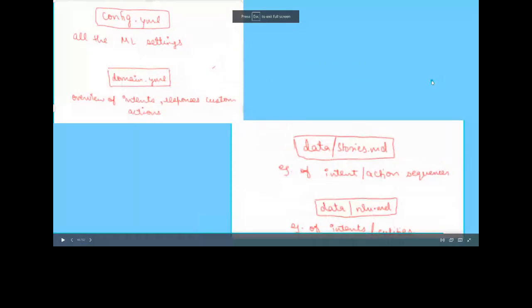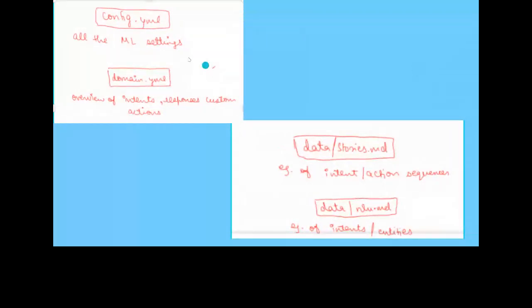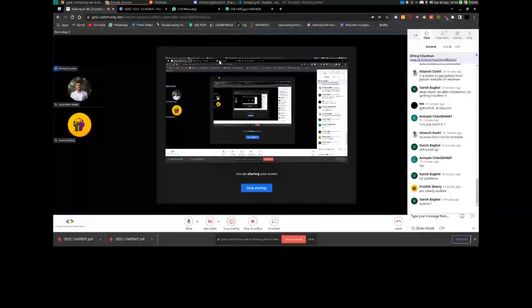So this is a simple way to explain what we have just gone through. Config.yml is nothing but all the ML settings. Domain.yml has an overview of intents, responses, and custom actions, which we will see in a little while, which is basically how our bot will respond to an intent. Stories are basically examples of intent-action sequences, which tell us that after this we have to do this, and if that is not happening then do this. And NLU.md is again examples of intents, and we will come back to entities in a little while. So I hope everything is clear. If I am going a little fast then you can say so, I see questions and answers.